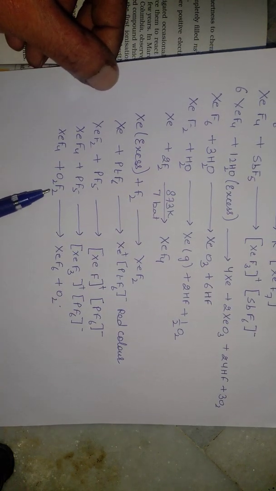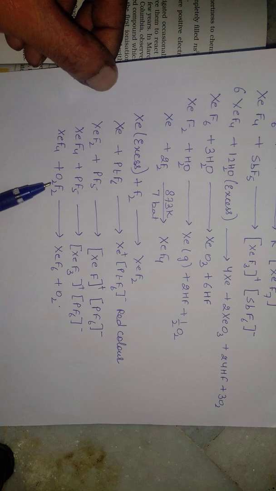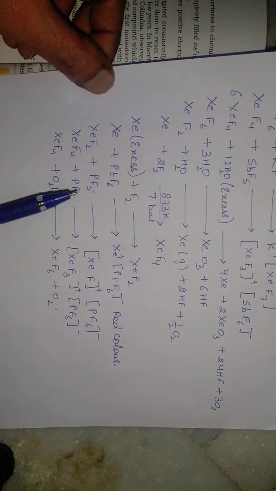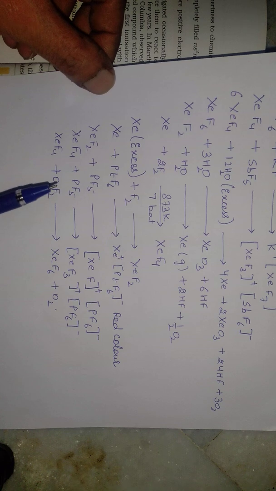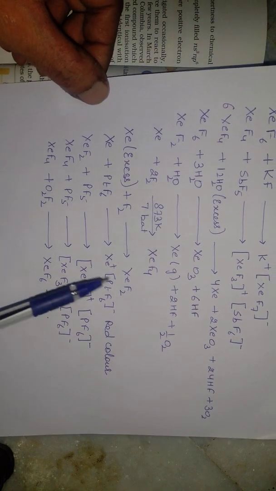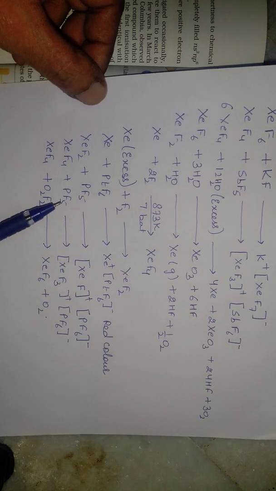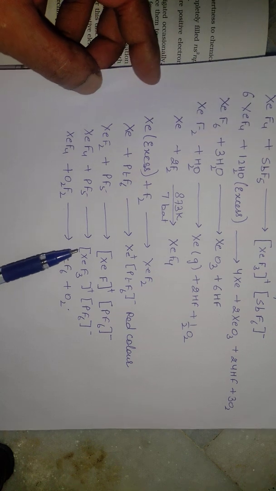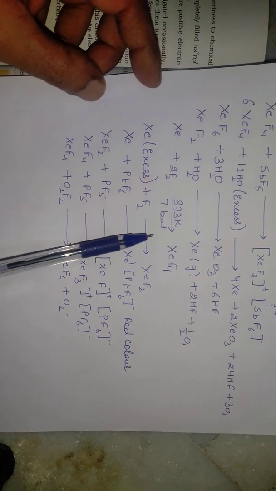All these are inorganic chemistry noble gases, that is group 18, as we all know. In group number 18, there are helium, neon, argon. So these are all name reactions, especially xenon is a very important element of group 18 because it forms multiple complexes and compounds with halogens and metals, and these are all the reactions of xenon.